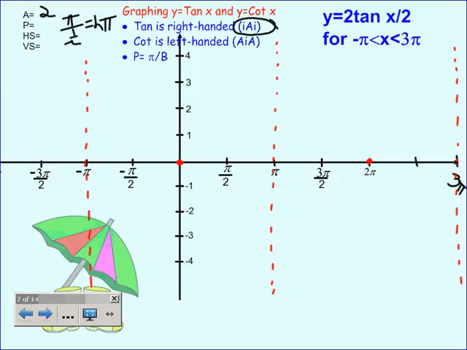They're going to be really big. But here's the use of that 2. Here's our intercept, and halfway between the intercept and the asymptote is the value of that A. So this point will be a point on this tangent. Now, why did I put it there? For one thing, I'm remembering that tangent is right-handed, so on the right side of this intercept, it goes up. Okay, let's go to the other intercept, and halfway between that next intercept and that following asymptote toward the right,